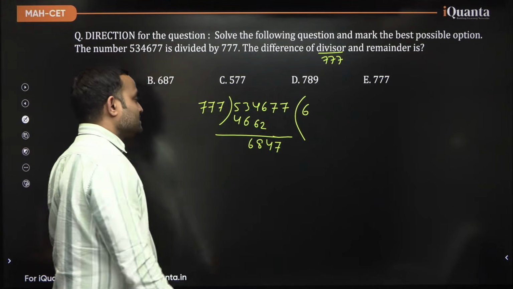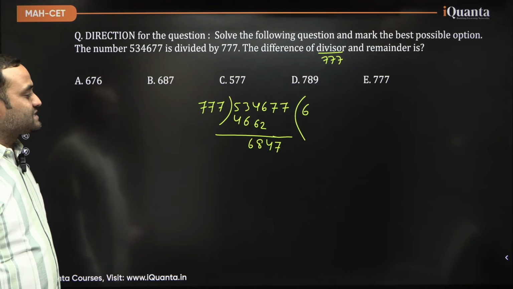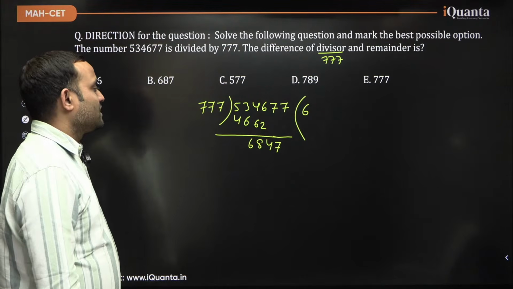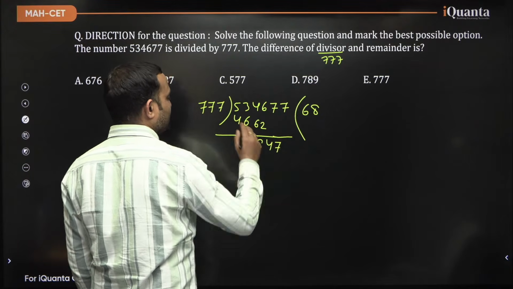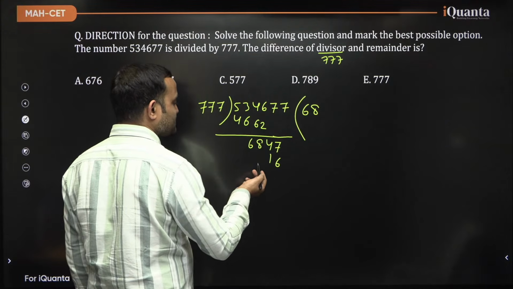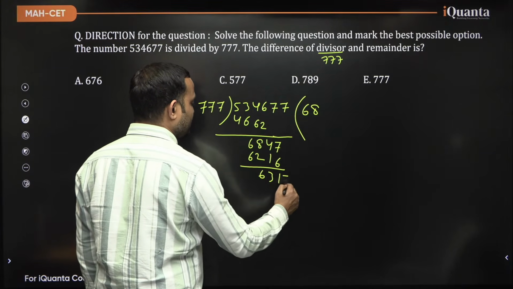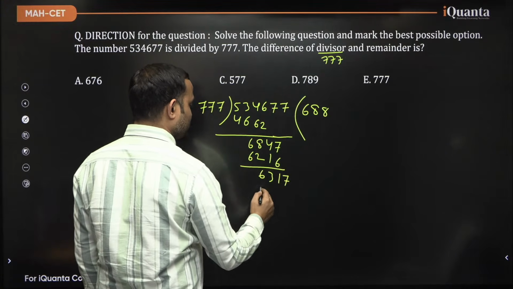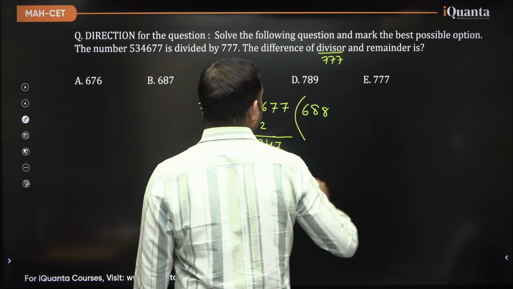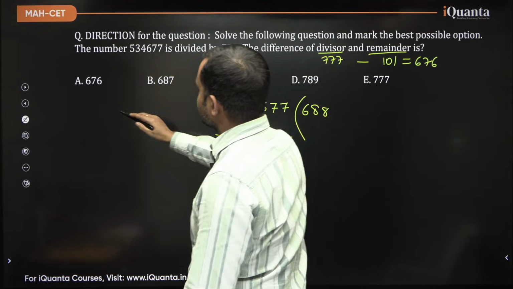Now, 7 into 9 63, we cannot take 9, we must take 8 times. 8 into 7 56, carry 5, then 61 carry 6 and 62. So, we are left with 1 3 6, then again 7. So, once again 8 times. So, 6 2 1 6, कितना बचा 101. So, the remainder is 101 and if we take the difference we are going to get 676, which is option